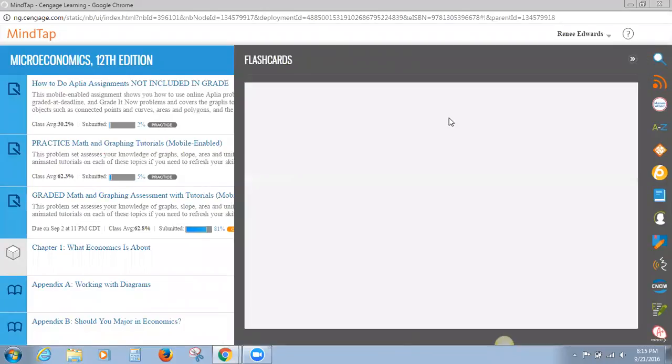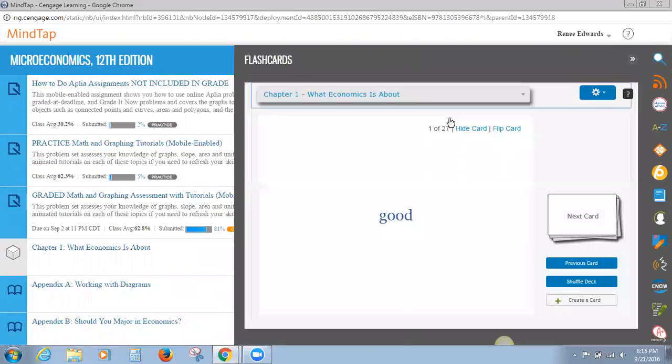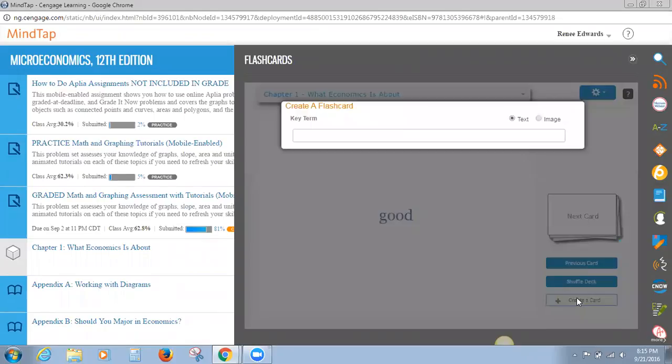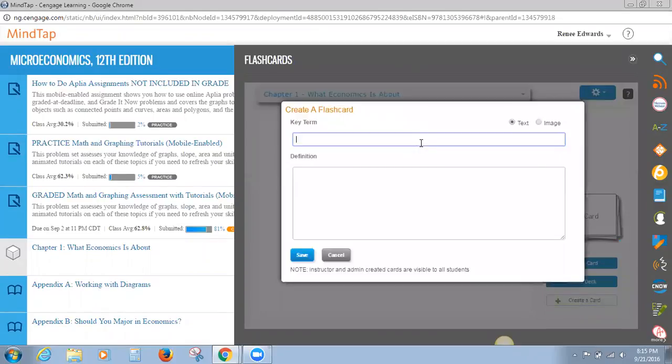the flashcards. Don't forget, this is an introductory class, so a good bit of the questions that are going to come on the test are simply going to be questions that are definitional, right? So you have these. You can also create your own card. For example, make sure you know the difference between a change in demand. A change in demand is going to be caused by one of the changes in the determinants